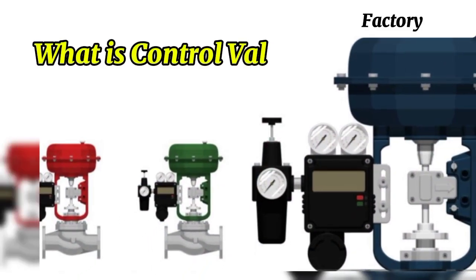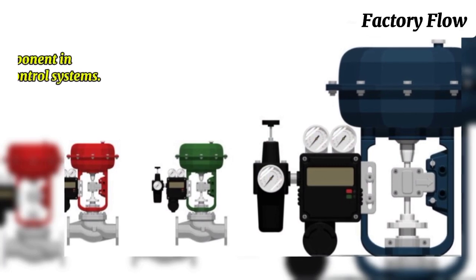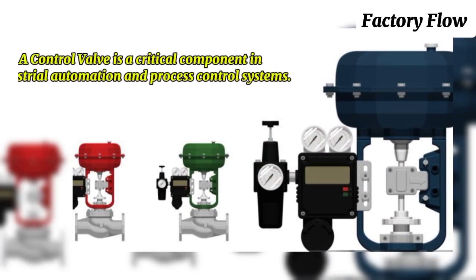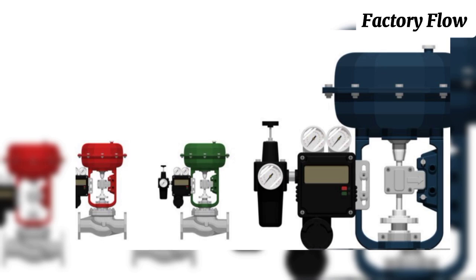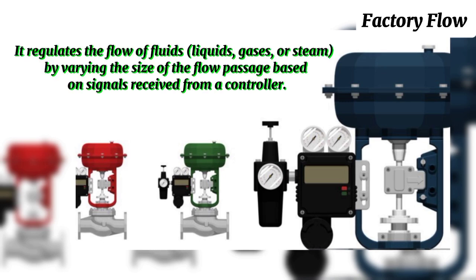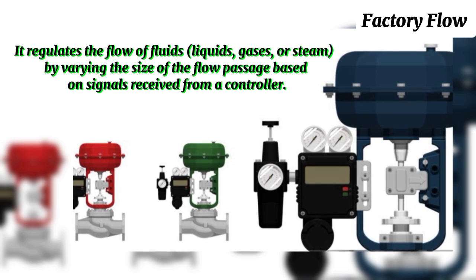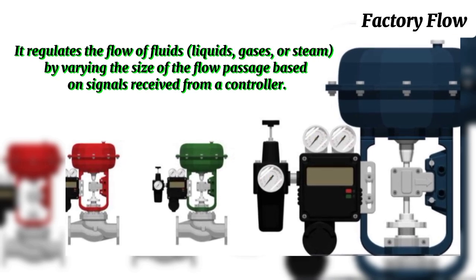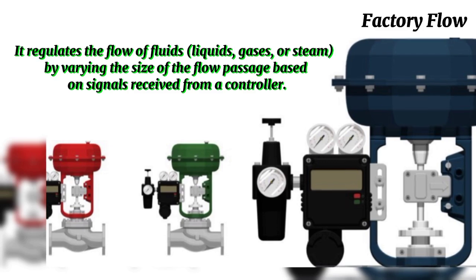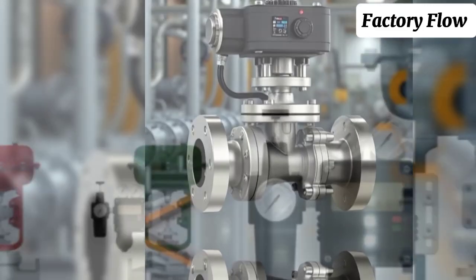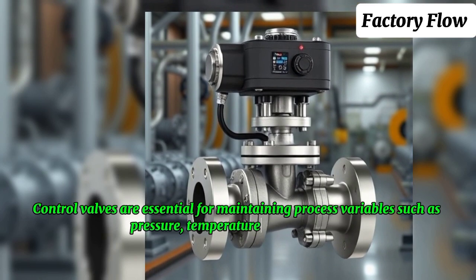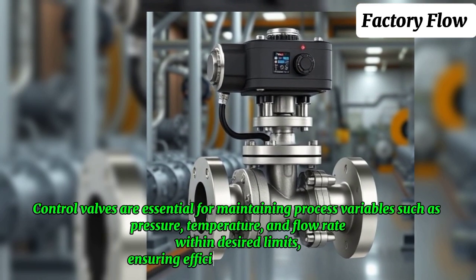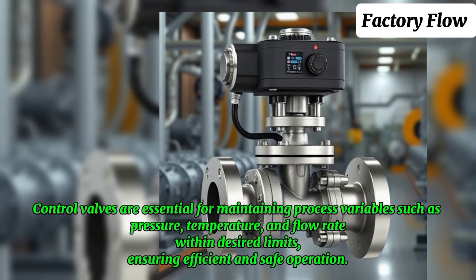What is a control valve? A control valve is a critical component in industrial automation and process control systems. It regulates the flow of fluids, liquids, gases, or steam by varying the size of the flow passage based on signals received from a controller. Control valves are essential for maintaining process variables such as pressure, temperature, and flow rate within desired limits, ensuring efficient